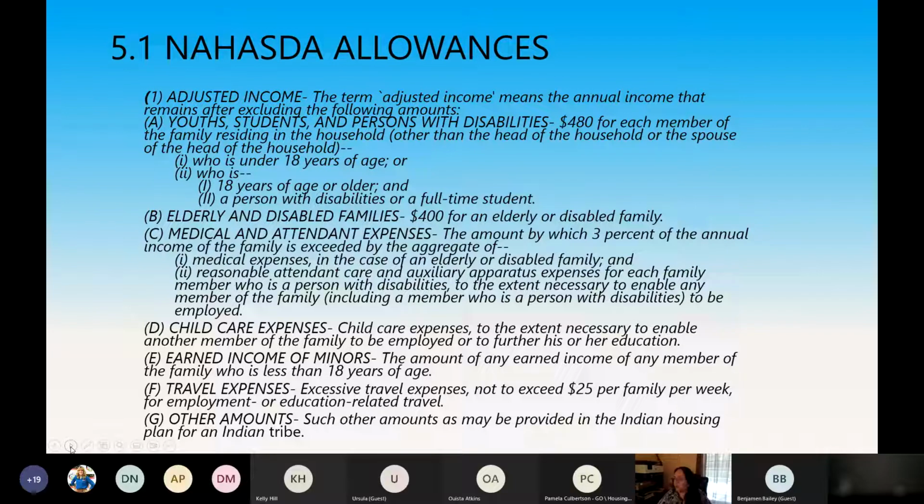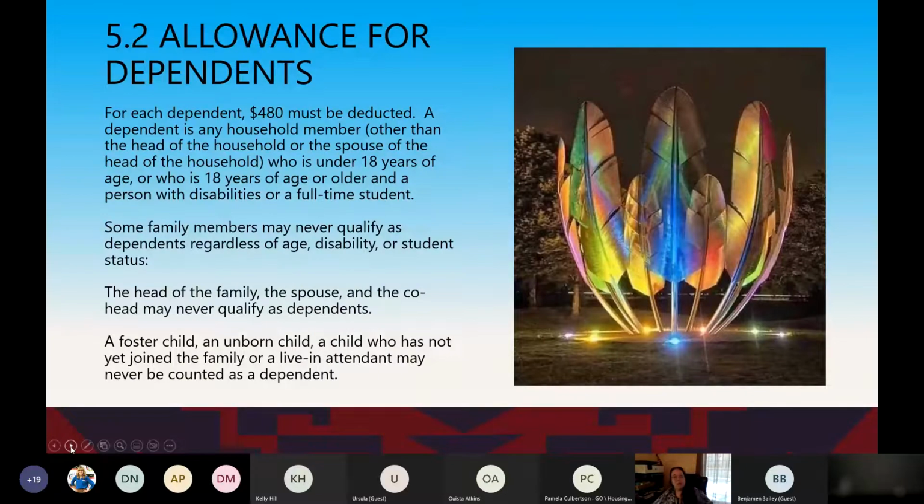So your governing body, whether it be your tribal council or your housing board of commissioners, if they decide that they want to offer an additional deduction, they have to do so in a duly called meeting, make sure it's reflected in the minutes, and then include it within your Indian housing plan. Okay. So the allowance for dependents, each dependent,